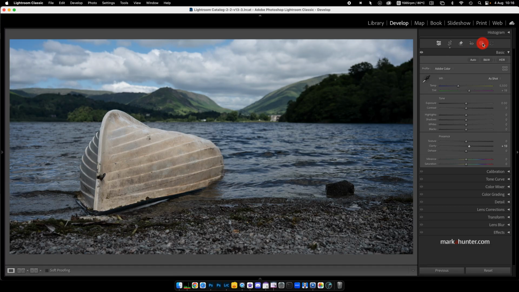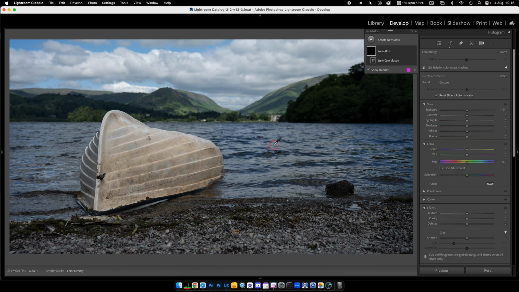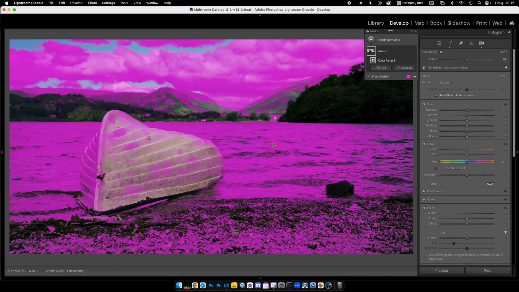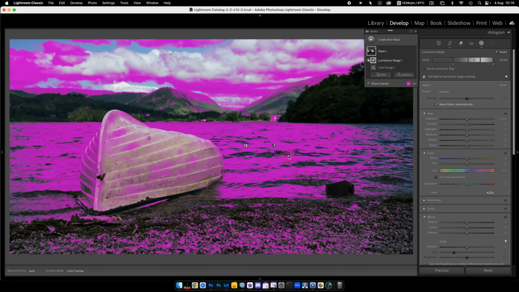So let's do it with our range masking. Color. Choose that. Yes, there's a lot of it, but we all know how easy we can do this. Let's see what happens if we intersect this now. So Option or Alt key to choose intersect, and I'm going to intersect it with luminance, and I'm going to click the luminance in the middle, and that has brought it down. So we're saying, okay, we want that particular brightness with that particular color there,